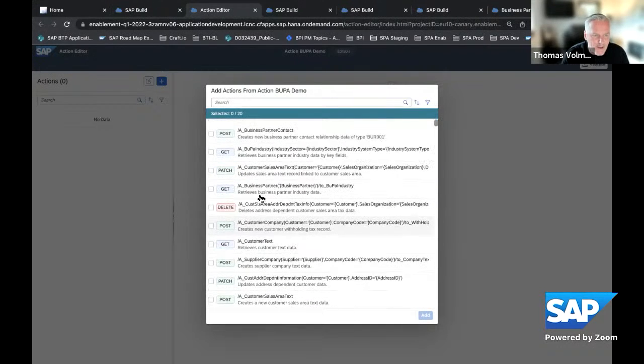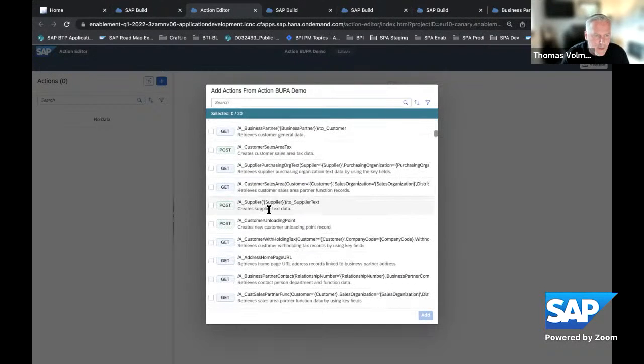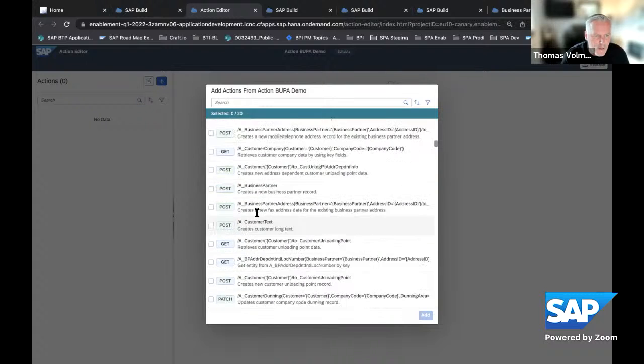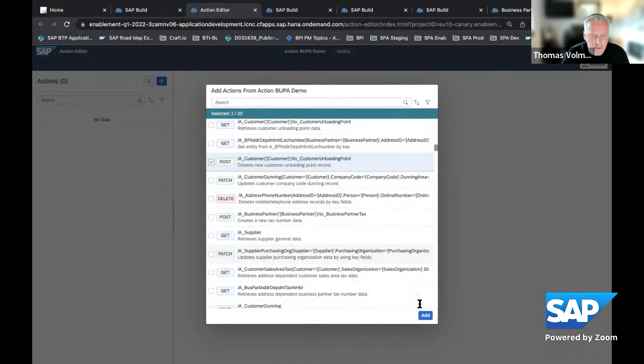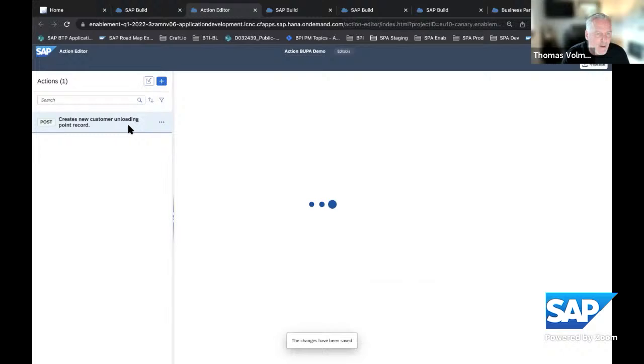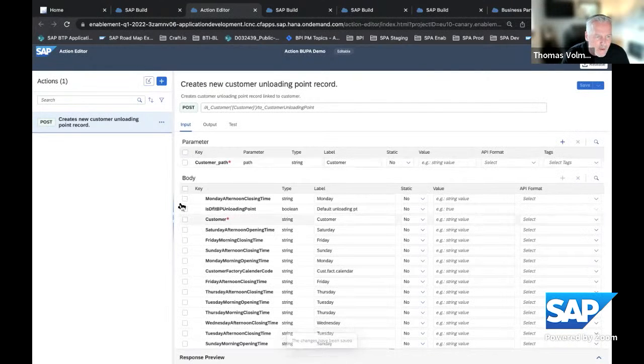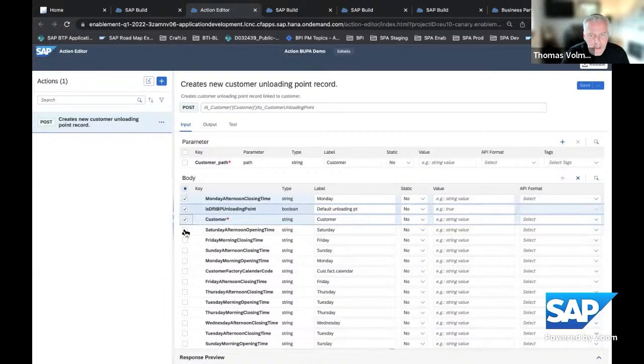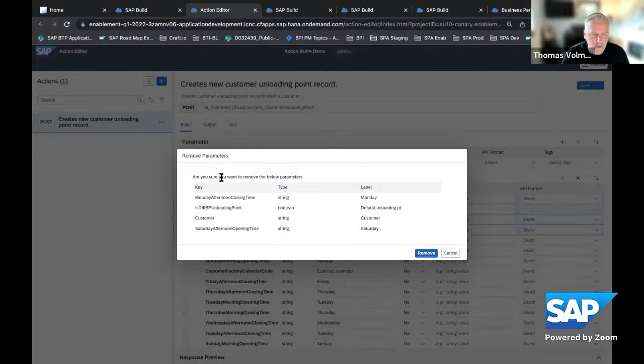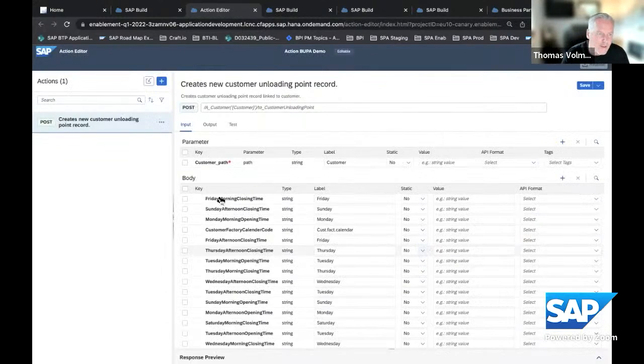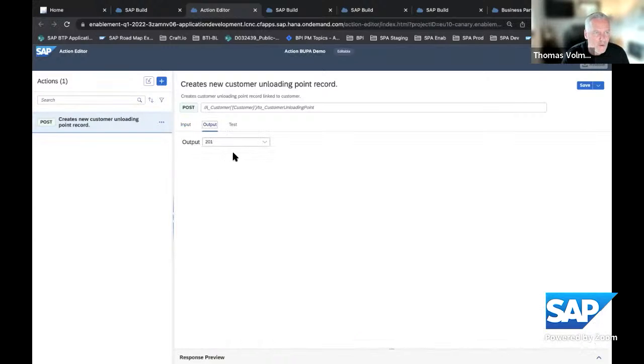Say I just want to use one action. I click on it, and then you can start configuring it. I do not want to have all of this here, so you can hide it. You remove the parameters from your action configuration, and you can do the same for the output, and so on.